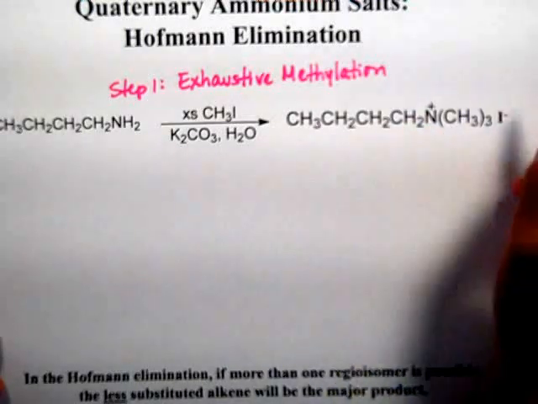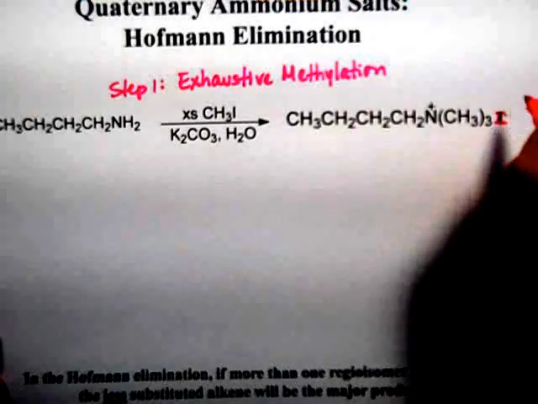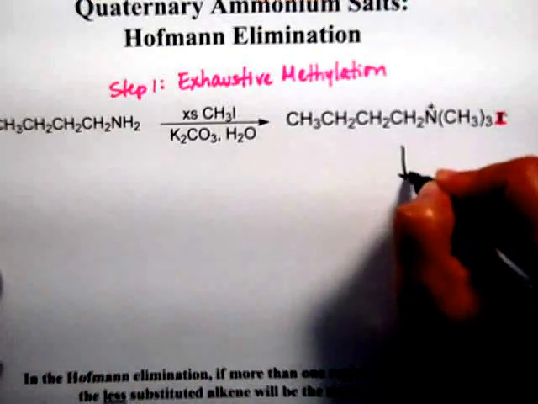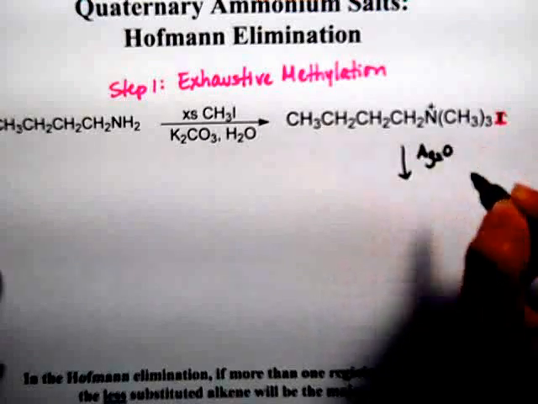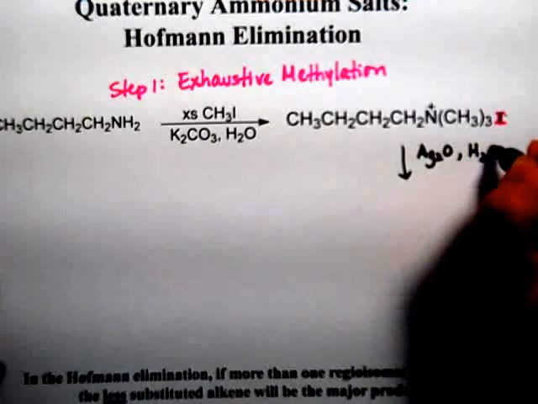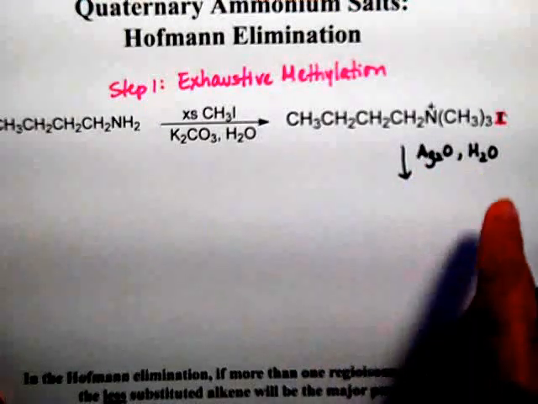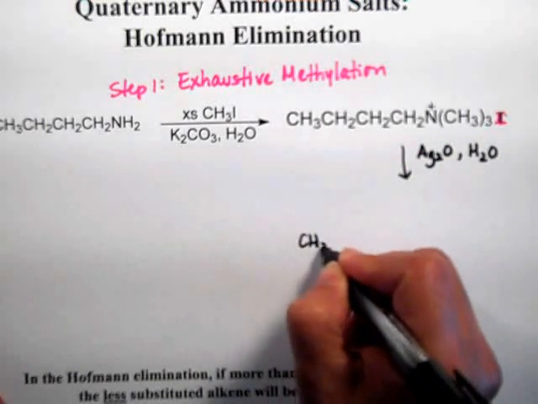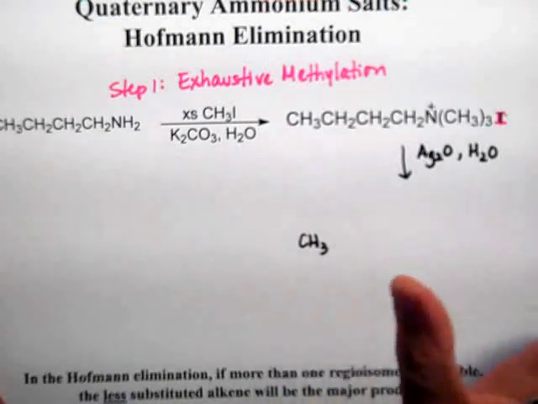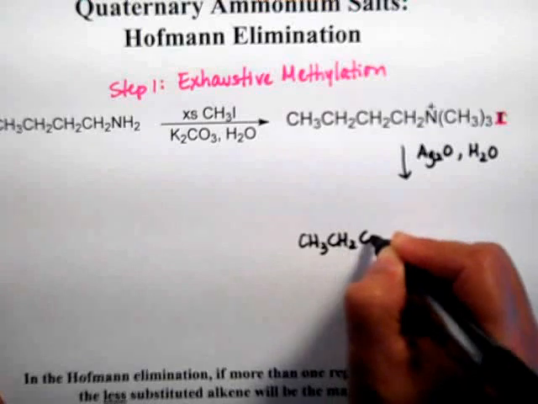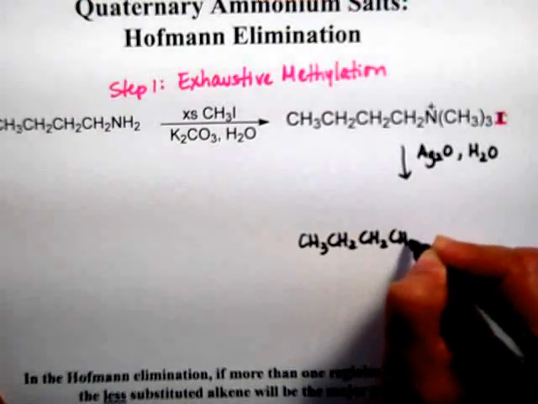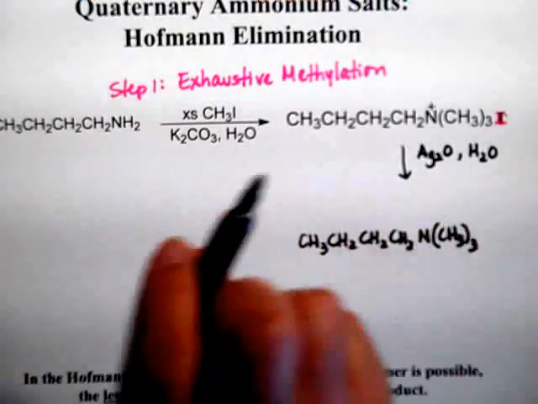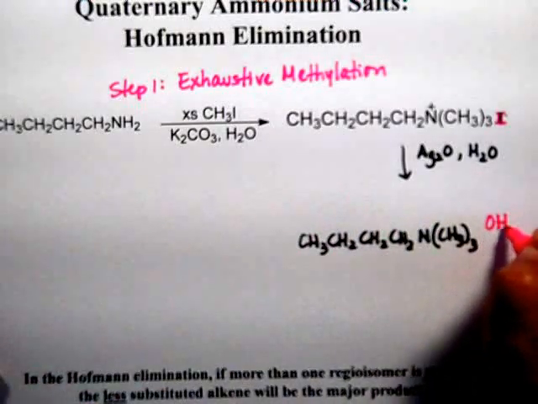It's positive, so it has a counter ion. And I need to point out the counter ion because we're going to change that counter ion. So we're going to use silver oxide and water. This is what they call wet silver. And when you actually just mix silver oxide with water, you make a little bit of hydroxide, not sodium hydroxide, of the hydroxide ion. I'm not changing anything. I need to write the hydroxide because the hydroxide is going to be the base that we're going to use